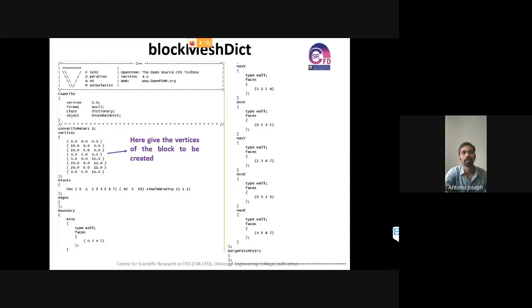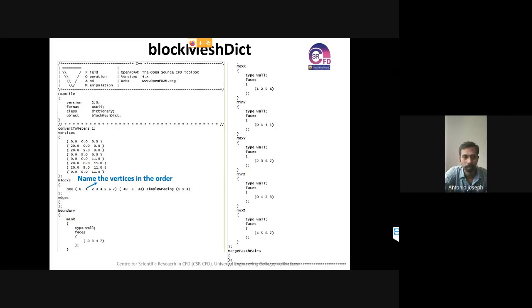Now we are coming back to blockMesh. The initial part we are familiar with. Those are the vertices, the coordinates of the vertices that we are giving. Then next comes the vertices order, how we need to order the geometry or create the block in what order. Then the ratios, the grading system, the expansion ratios that are provided. Then the number of cells in each direction. It has much importance now while we are creating this blockMeshDict.